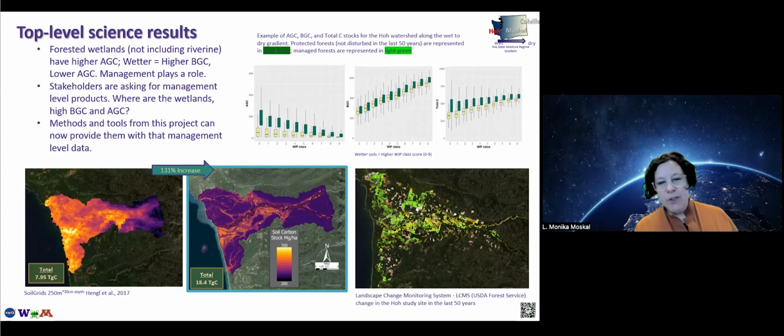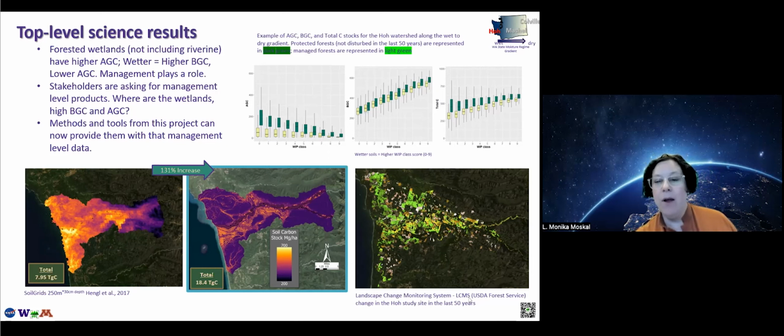So here's just an estimate for the Ho, and you can see for that whole region, it's quite dramatic. What you're looking at here is above ground carbon and a wetness class, so very dry, very wet WIP tool class. What you're seeing is the dark areas are represented by not disturbed forests. So we started to look at disturbance out of the landscape